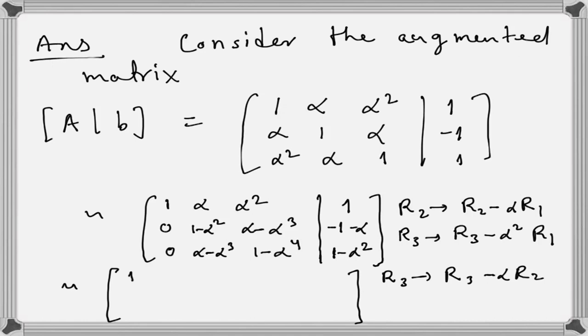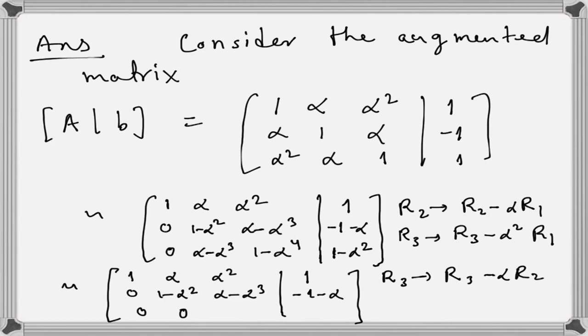Then, first row there is no change, second also there is no change, and the third, this is 0, and this will also be 0, because yeah, and then this is nothing but 1 minus